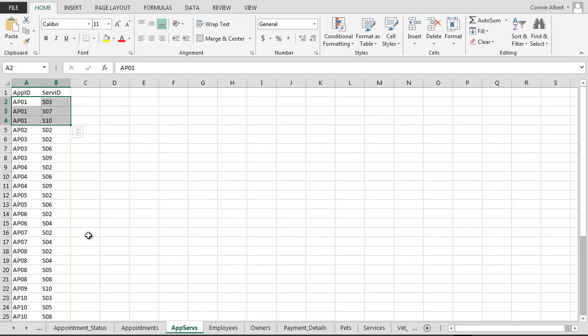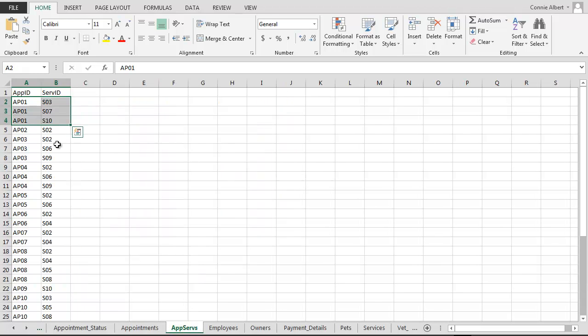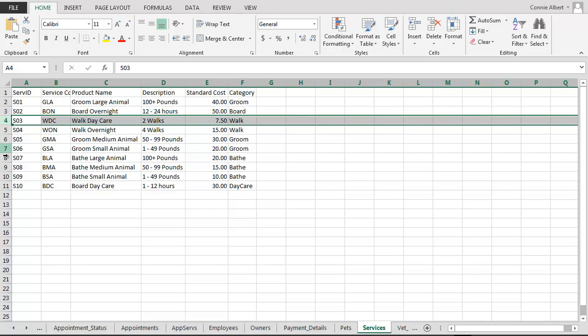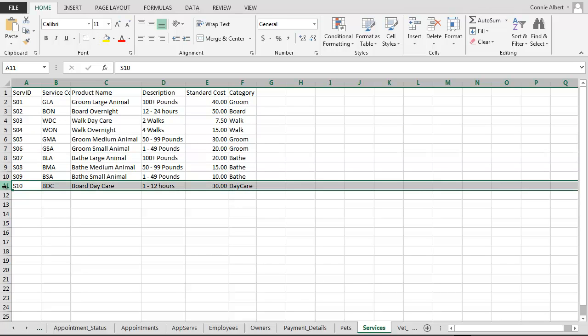So appointment 1, which took place from 8:14 to 8:28, provided services 3, 7, and 10. So services 3, a daycare walk, a large animal bath, and a daycare board. So those 3 services were provided